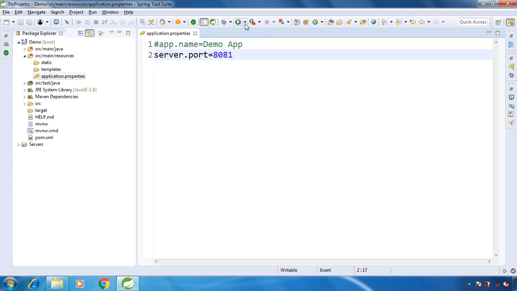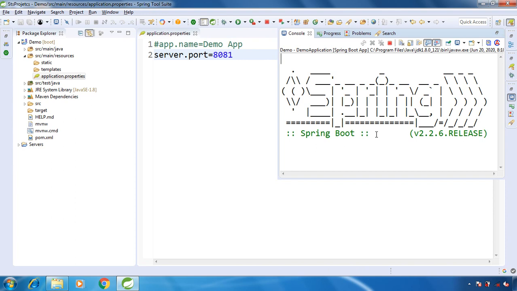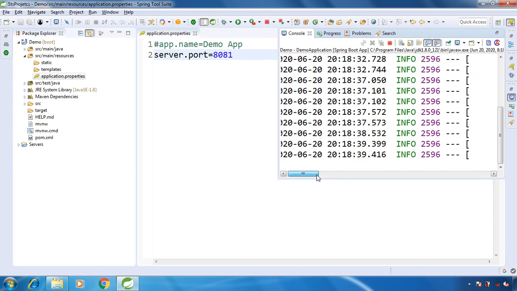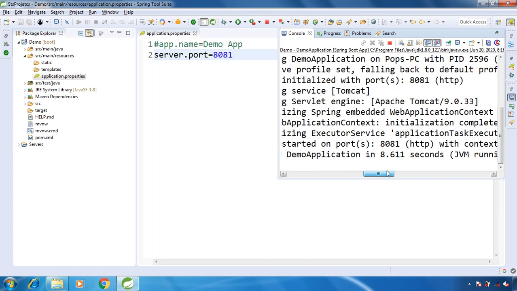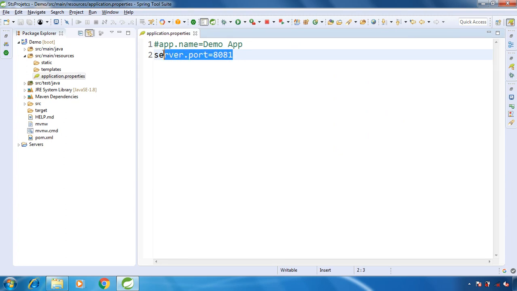Save it and let's run our Spring Boot application, and we will check the logs to see on which port our application starts. Wait for it. If we scroll right, see, our application started on port 8081, and this is the port we provided. This is the property.